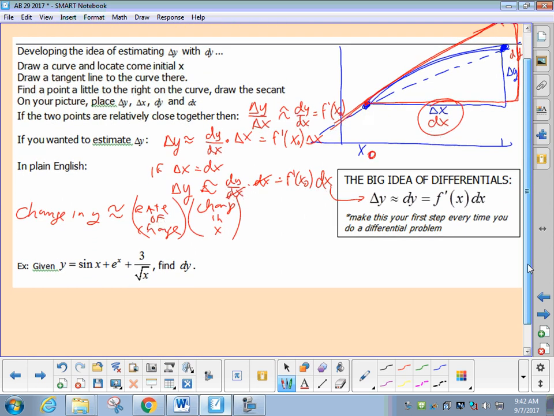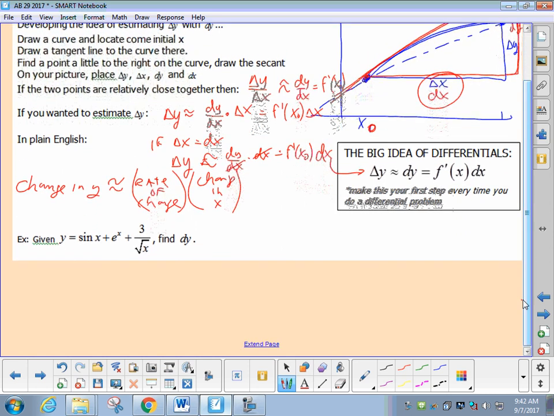Now, numerically, this makes a little more sense, but before we go there, I want to make sure you know how to do one of the Saxony kind of problems, and then we'll go to the numbers. This is a pretty typical problem you might see in the homework. You're given this function, y equals this big mess, and I want to get you some derivative practice, so that's why I made it a big mess. And you're finding dy, not dy dx, just dy. Well, don't get pooped out. Dy obviously means you need some calculus in it, right? How do you get a dy? You take derivatives. The problem, though, is derivatives are dy dx.